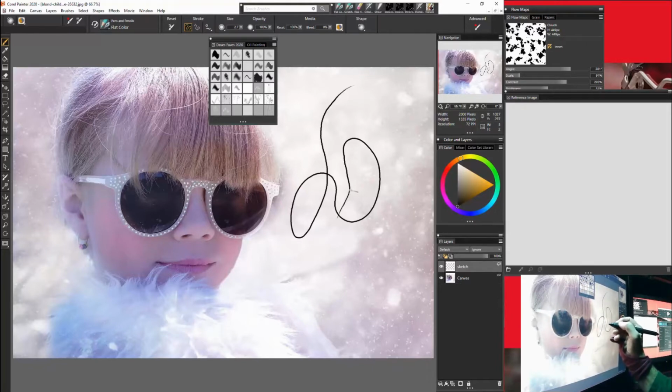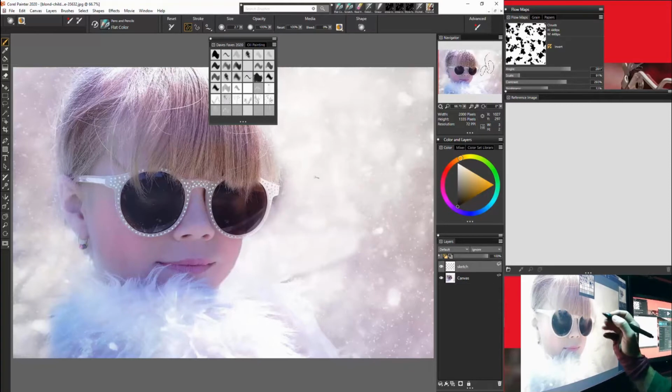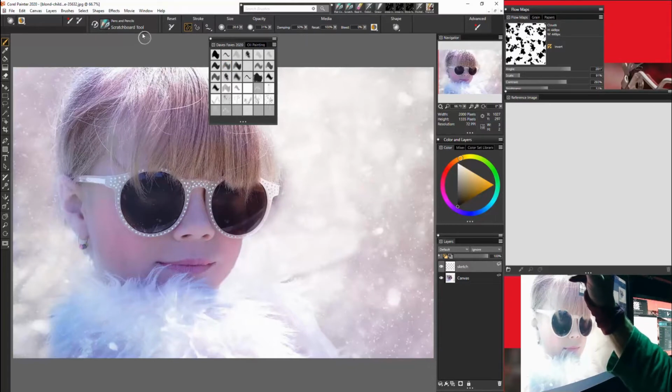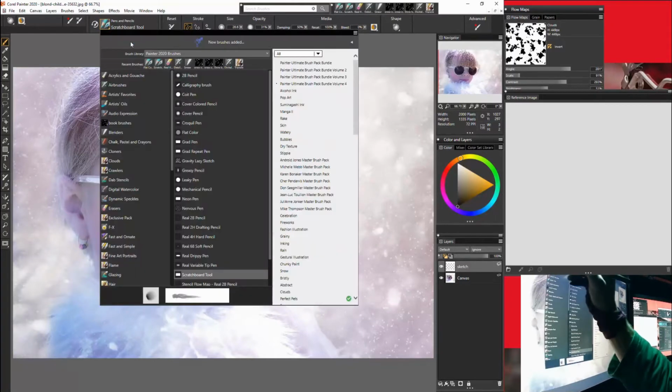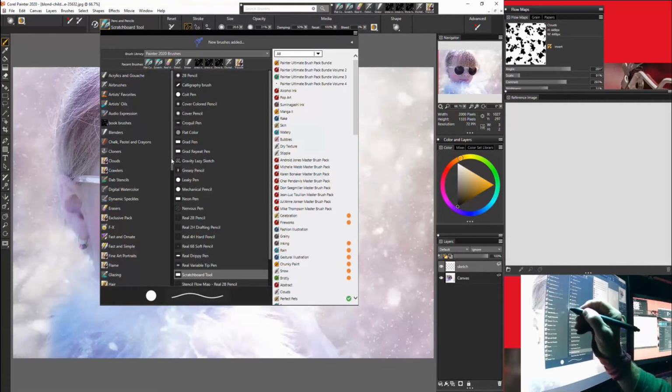I lift up a little bit, and just like a pencil, as I ease up on the pressure, it gets smaller. That's another thing I love about digital art. I can sketch just as I would with a pencil, and it's so familiar to me. It's wonderful. My second and probably most important tool I like is the Scratchboard Tool, which comes under the category,